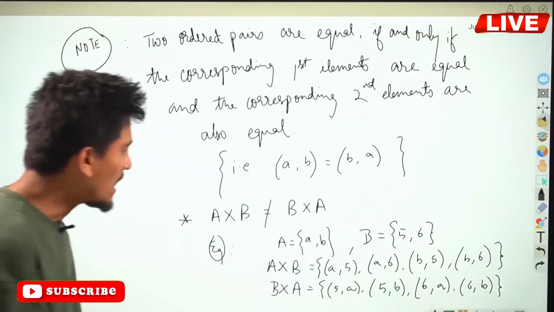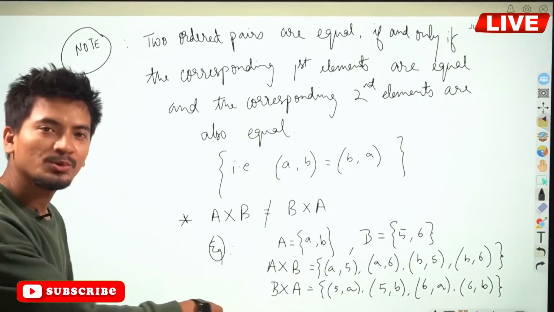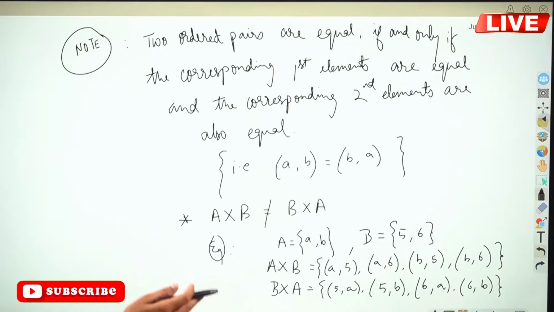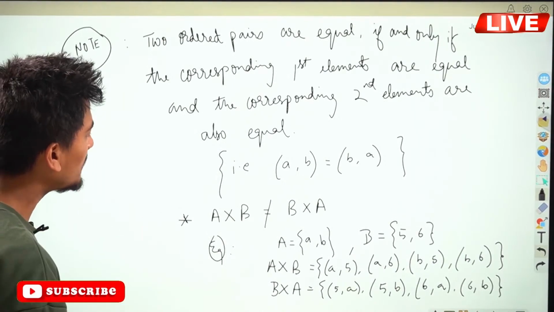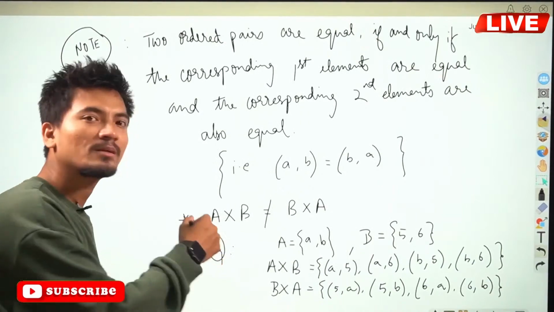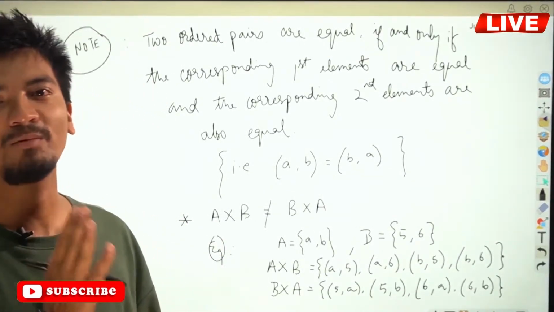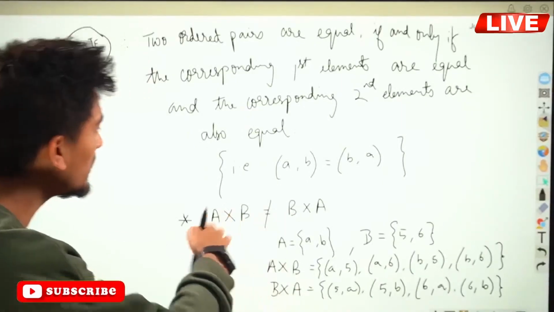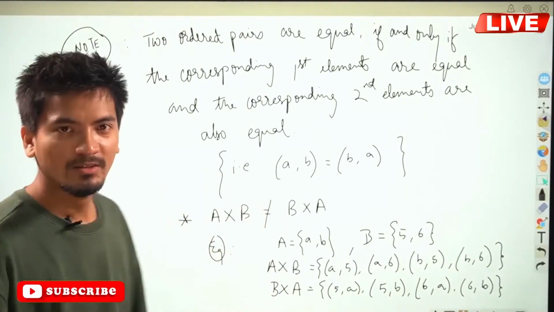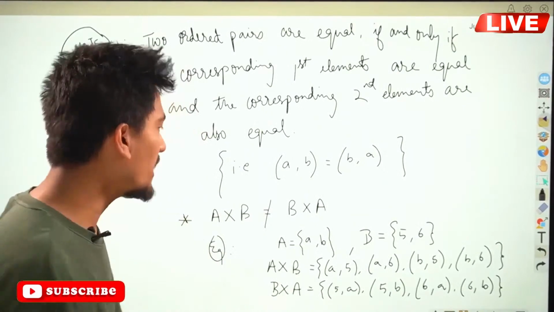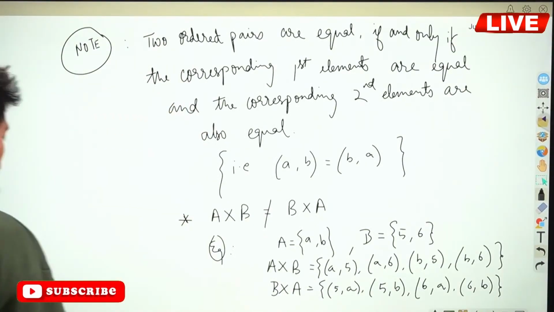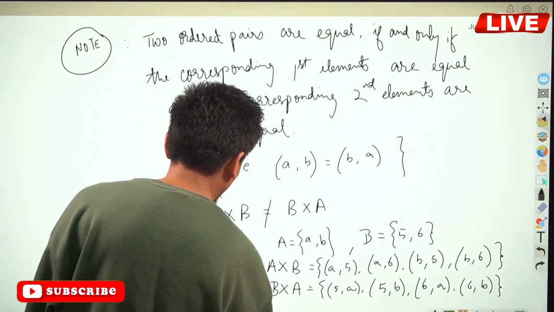So, are they equal? No, they are not equal. Okay, so this is how we can show that the Cartesian product of two sets is not equal to the Cartesian product if we reverse it. Okay,